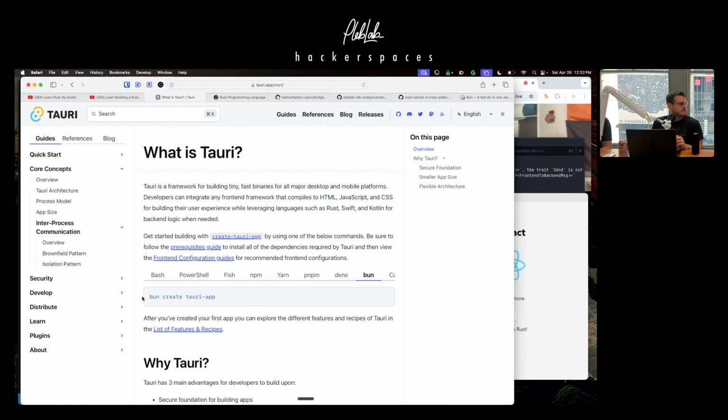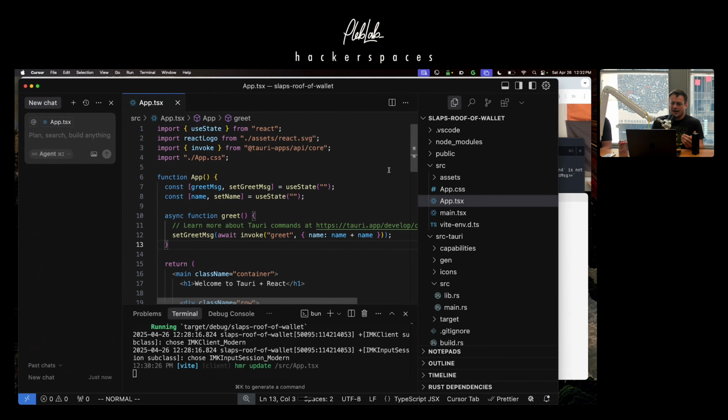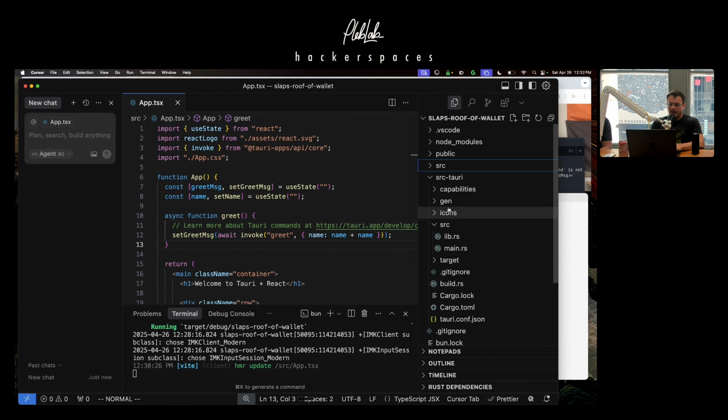And then for clarification, is Rust the language that we are using in Cursor, or are Bun and Tauri using Rust already? So the question is about the language we're using. What we end up with is a hybrid app that's JavaScript on the front end and Rust on the